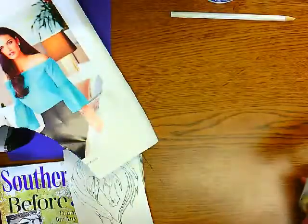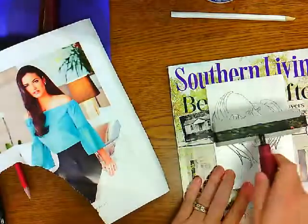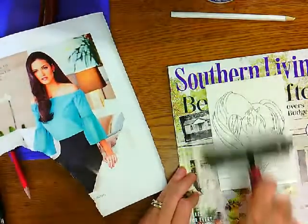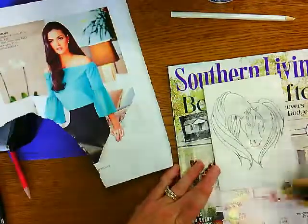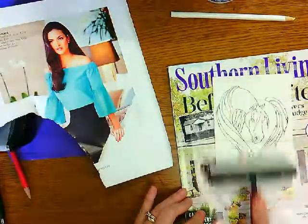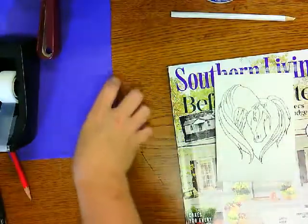I'm going to move this out of the way, and I'm going to ink right onto this. So again, it's going to be hard to see because it is white and the foam is white. So you kind of just have to look at it and hope that you have it on there, and then you need maybe some more ink. Okay, it's nice and even. And then you're going to get your